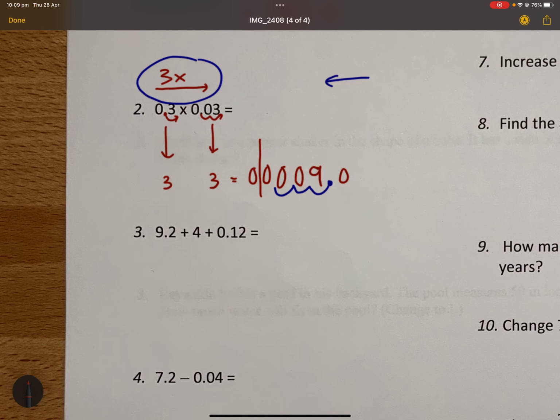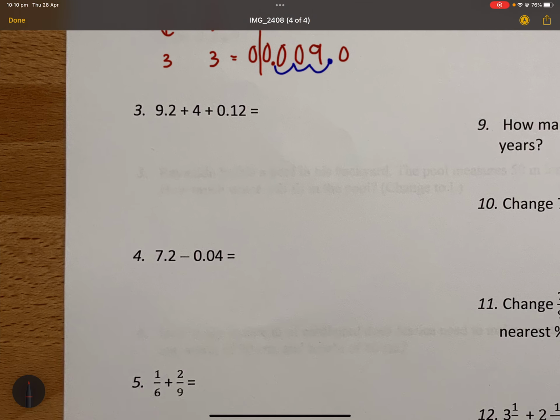Then, so the decimal place is supposed to be there, so the answer is 0.009. Next one, you're going to add the decimals. So we've got to add